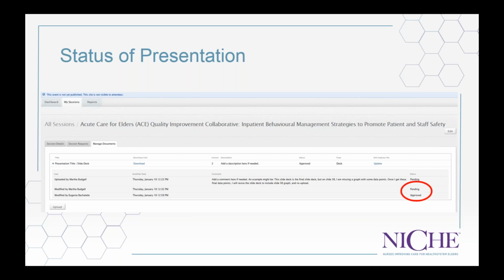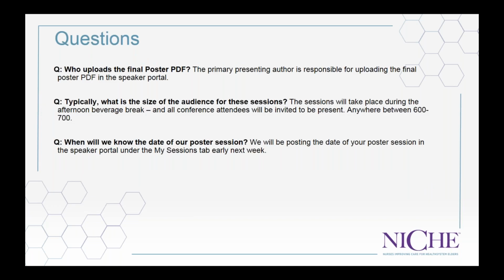So again, March 9th, have your presentations in by then, because this gives us a quick second to look them over and approve them, or provide you comments for updates. And then you'll need to build in that time to send it to the printers. So keep all of that in mind, which is why we've set that March 9th deadline.